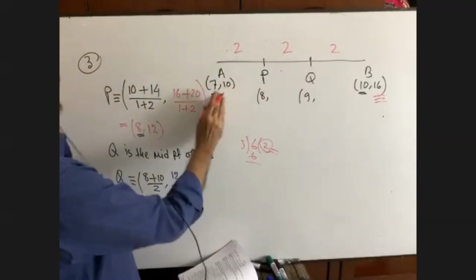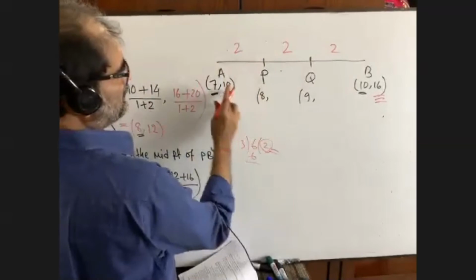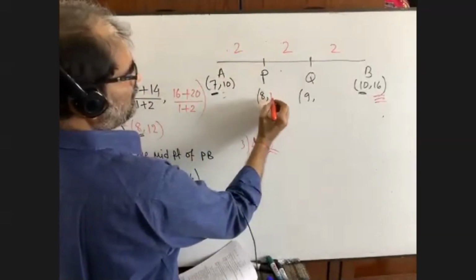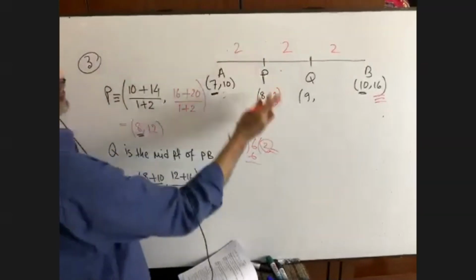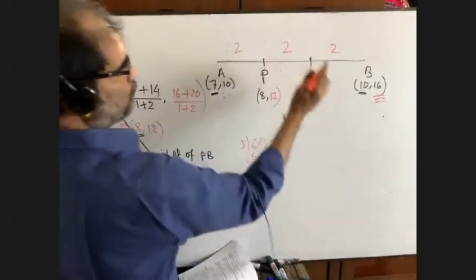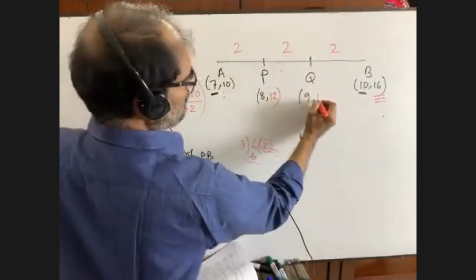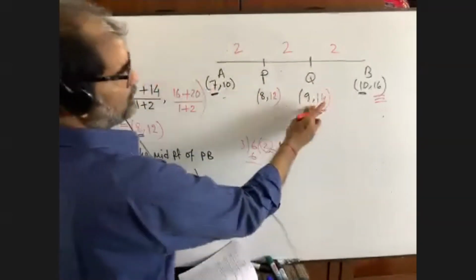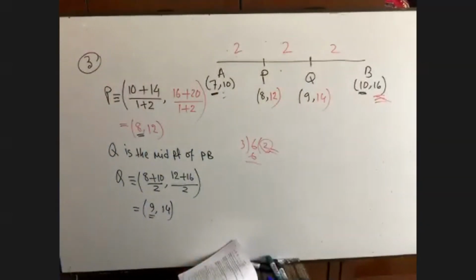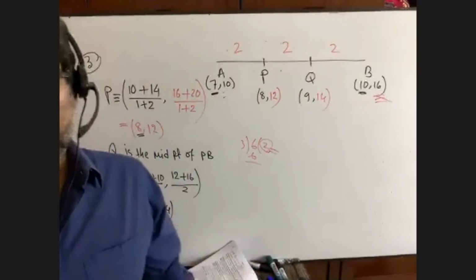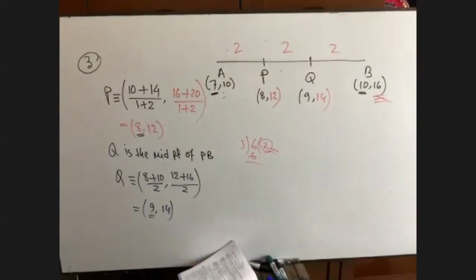Now I am doing the math for y. So what is y here? 10. So 10 plus 2 equals what? 12. 12 plus 2 equals what? 14. Interesting fact. 14 plus 2 equals what? 16. Have you got it or not? Just let me know. And this is by me. Yes, sir. Really, all of you, please don't remain silent. Very interesting.